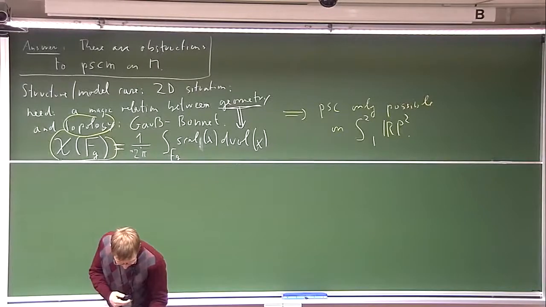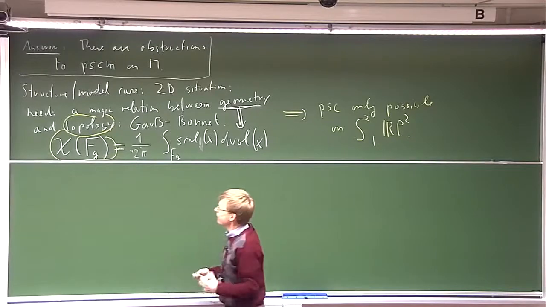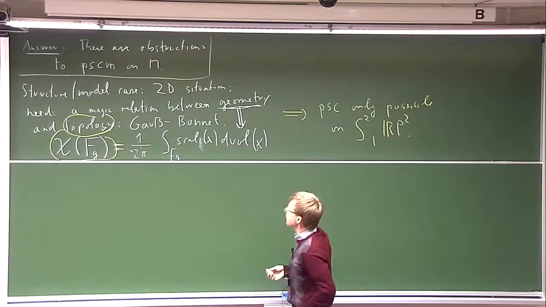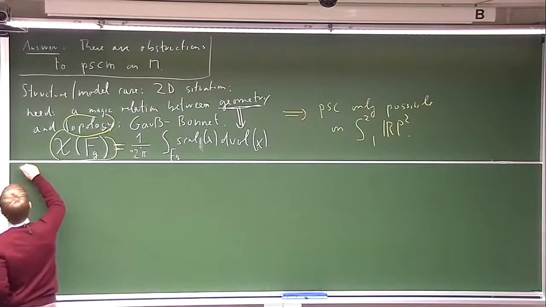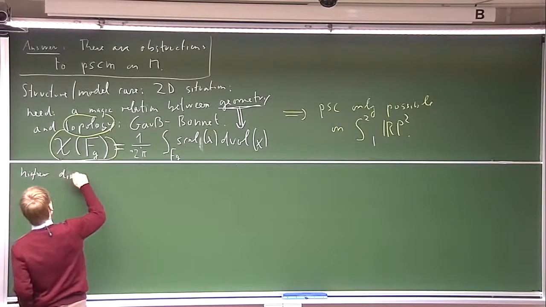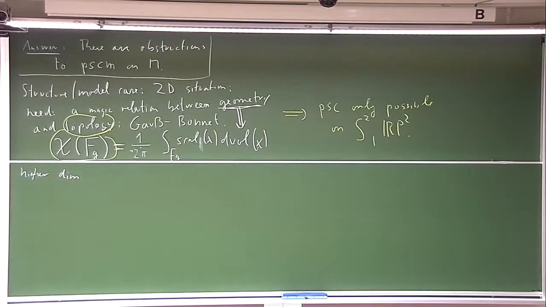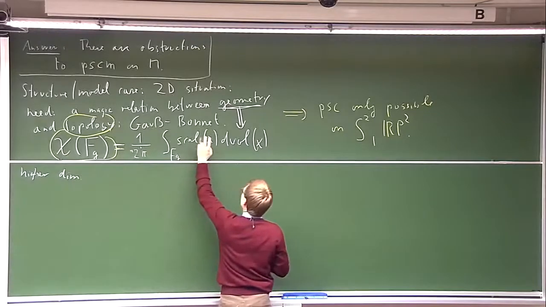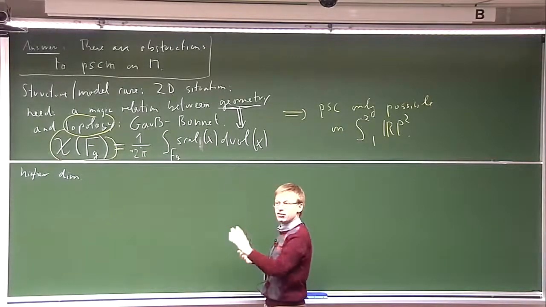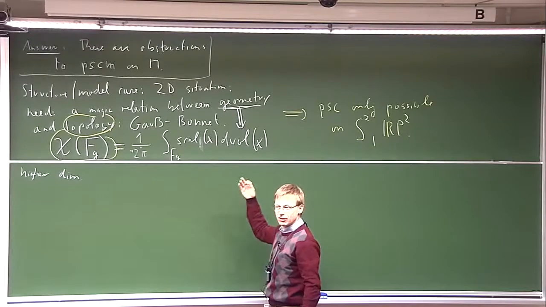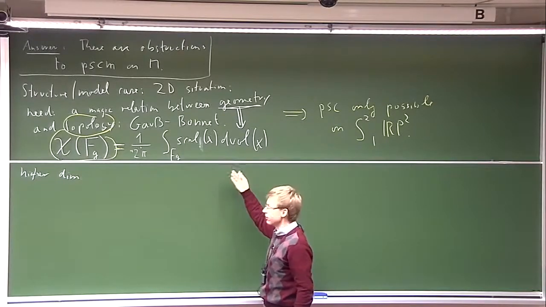So, we want to go to higher dimensions. Things are going to be more complicated. So one of the things you might hope to get is something like that, where the Euler characteristic formula for higher dimensions, which exists, is involved. But unfortunately, that's not really working because the curvature term in higher dimensions for the Euler characteristic is just something completely different. It's not depending so much on the scalar curvature, it depends on other things.